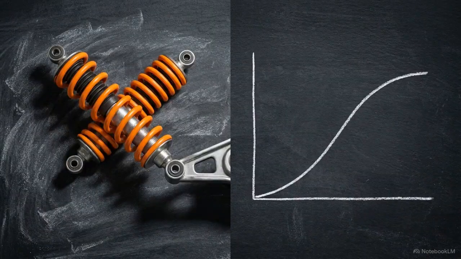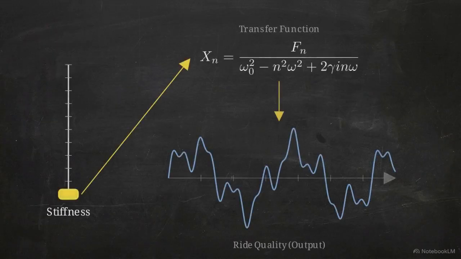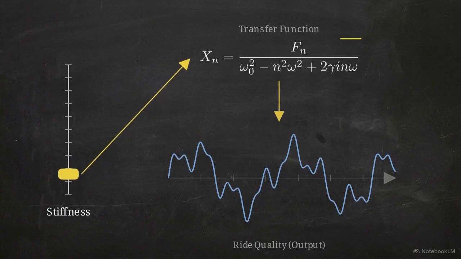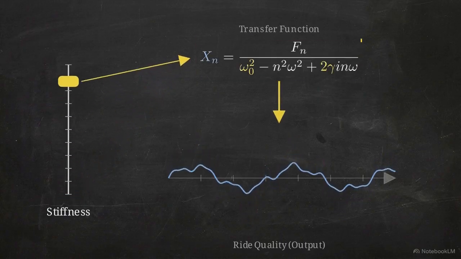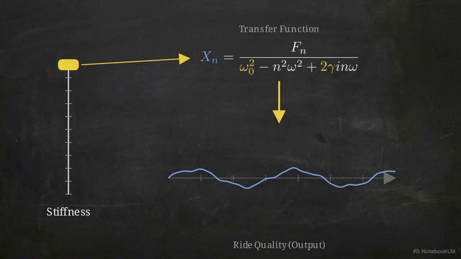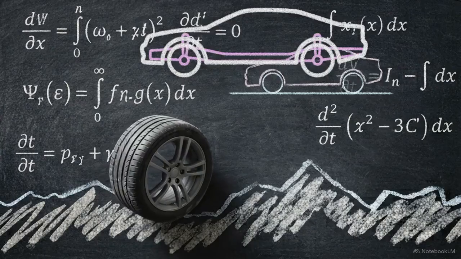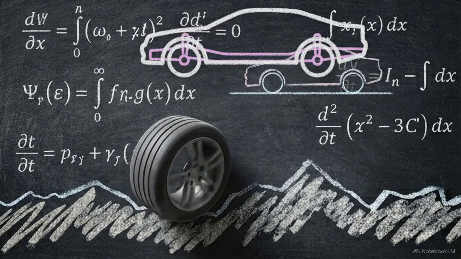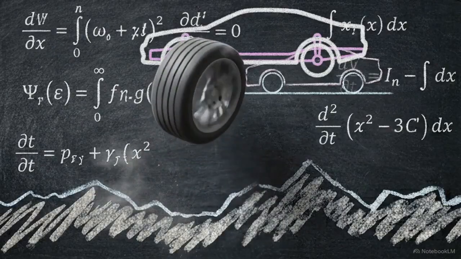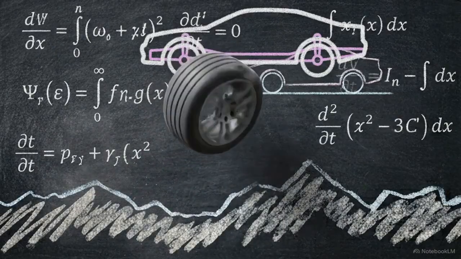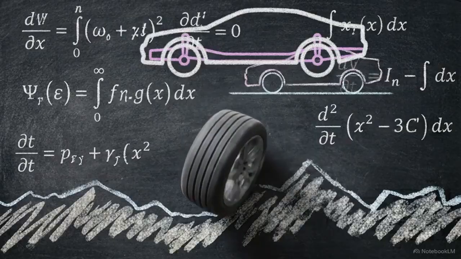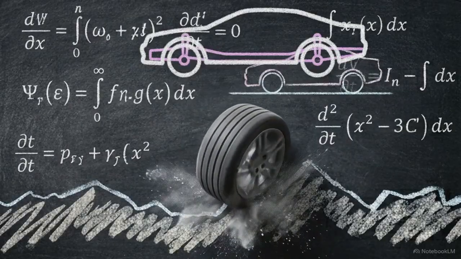This process grants engineers the power of predictive design. You can change a shock absorber's stiffness mathematically, run the new variable through the transfer function, and instantly see how the new ride quality feels. By translating a chaotic time domain problem into pure frequency domain algebra, engineers tame physical reality. They ensure the suspension filters out the road's violence,